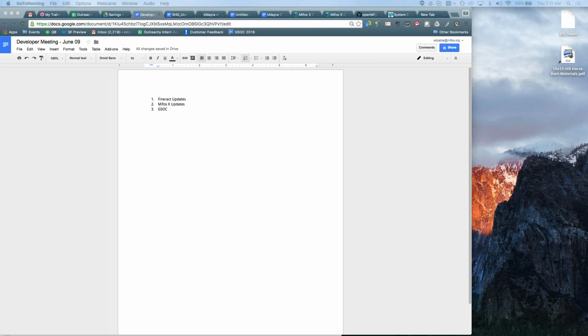But we wanted to make sure we got everyone in the community together once more, and the main focus of this meeting will also be to allow our Google Summer of Code interns to pass along updates based on the first few weeks that they've been coding on the project so far. So the topics we're going to cover before that just include a brief update on what's happening with Fineract. We'll also go over what's happening on the current development cycle of Mifos X, and then just talk about any questions people have in general, and then we'll move into updates from our Google Summer of Code interns.